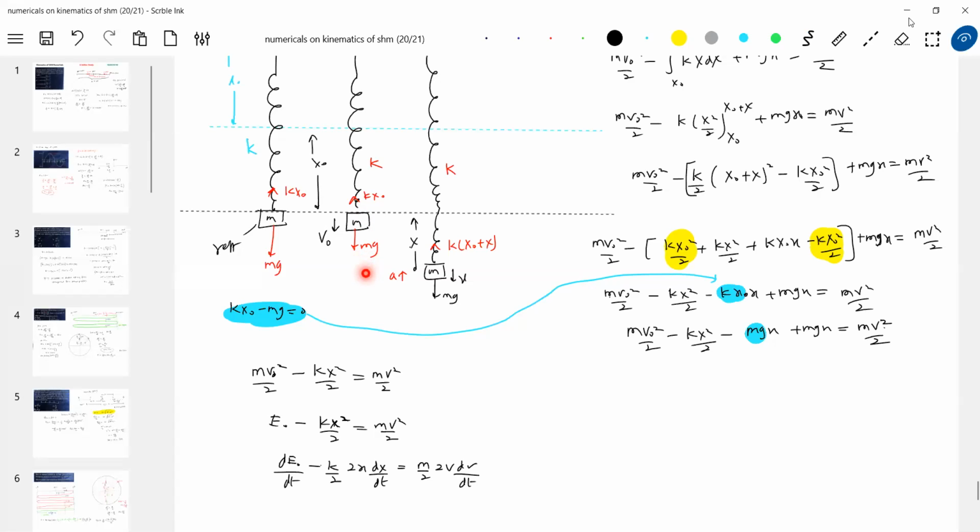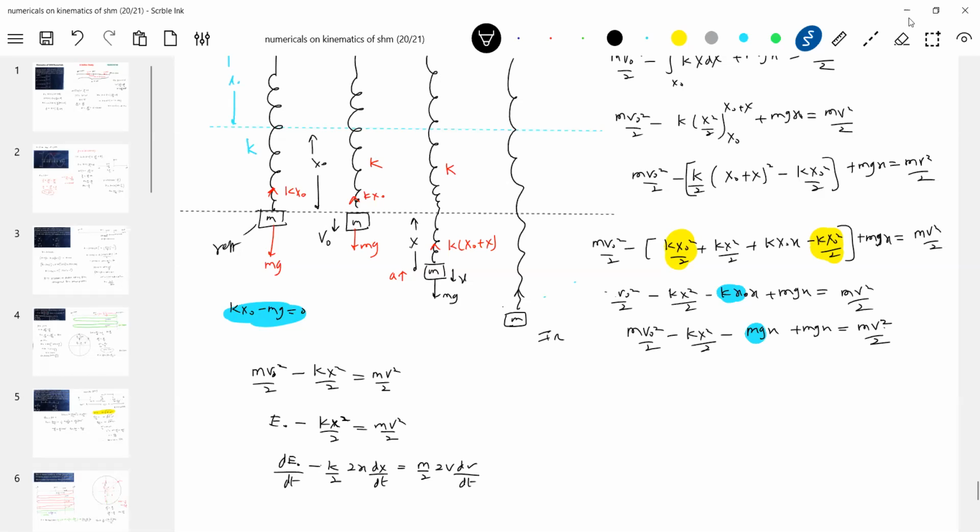The speed of the block keeps on decreasing, no? And somewhere it will come to instantaneous rest. Am I right? Somewhere it will come to instantaneous rest. I'll give one more so that you will come to know why. So the block, what will happen? This will be instantaneous rest, and there is a maximum. This is the amplitude. Okay, agree.